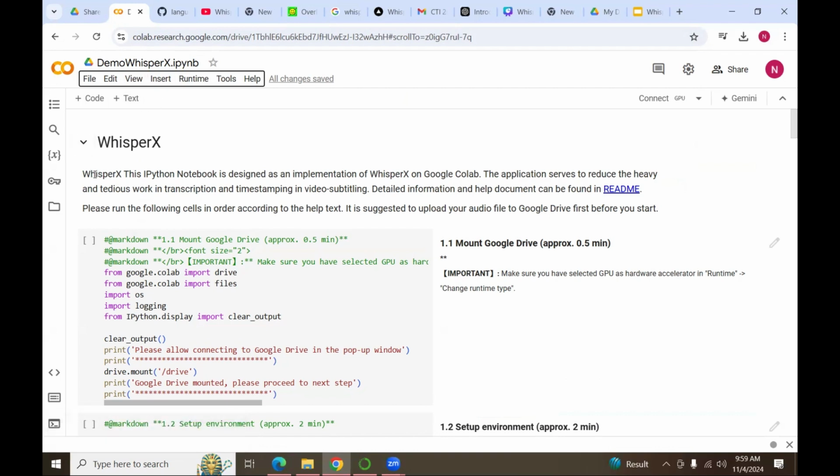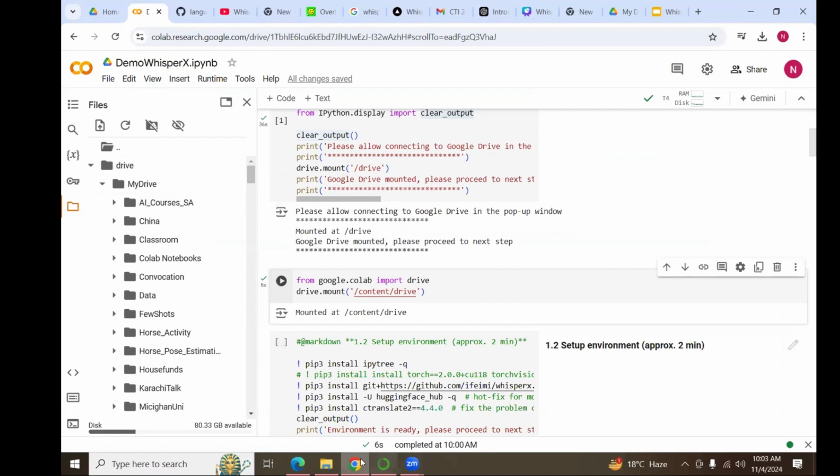First of all, I'm importing drive, and Colab files with logging capability, and importing clear output so that when I install some dependencies, they will not remain as output. After that, after mounting the